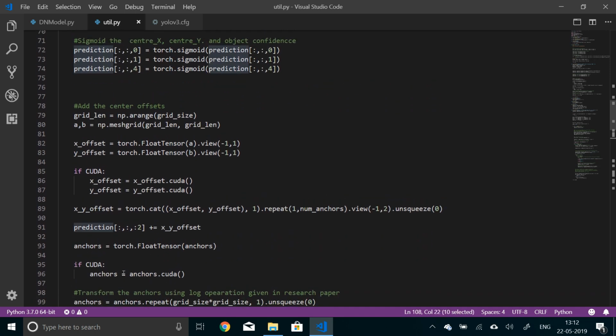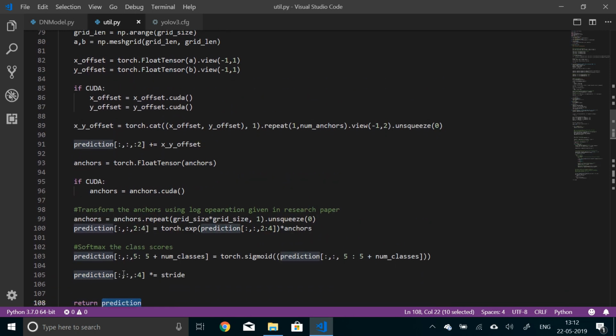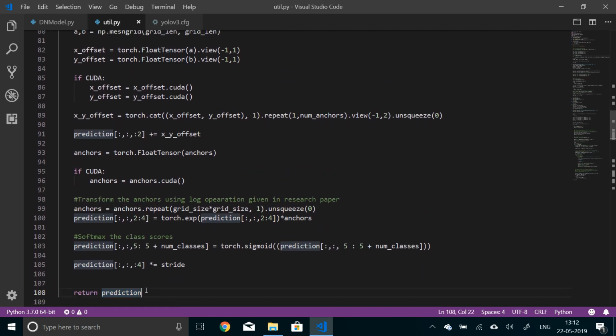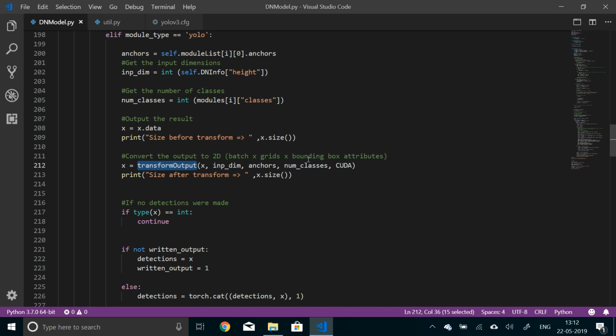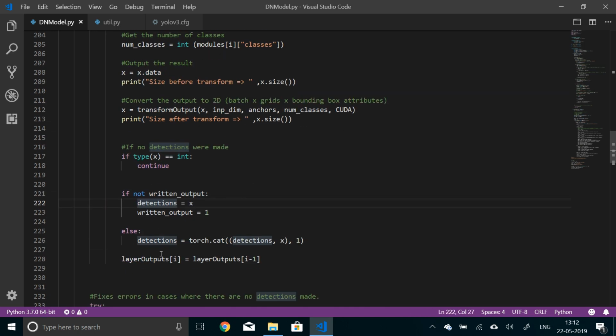Alright, so finally, I just wanted to note that if there are no detections made, the returned prediction will contain an integer value, 0. Otherwise, it will contain the detections in the form of grids times bounding box attributes. So if it is an integer, just continue because there have been no detections made. Now, if no outputs have been written already, set detections equal to x and set written outputs equal to 1, so that we know that there have been some previous outputs. So now we can concatenate this output to the previous output. So detections will be equal to torch.concatenate of detections and x